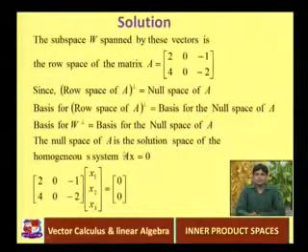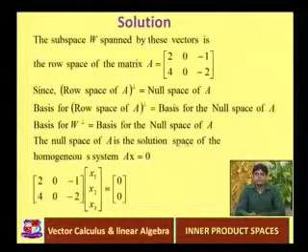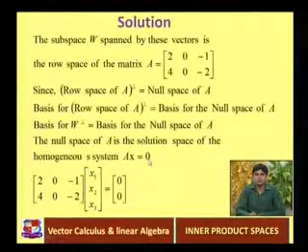The basis for the null space is found from the solution space of the homogeneous equation Ax = 0, and the homogeneous equation can be written using the matrix A as